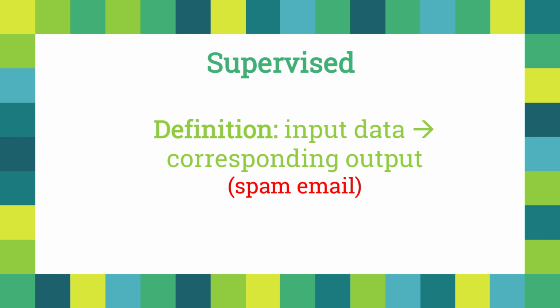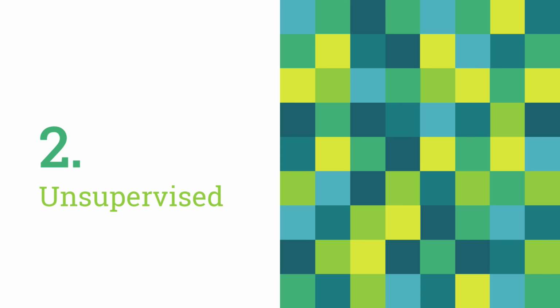Second type of learning is unsupervised learning. It is similar to supervised learning, however, the input data does not come with the corresponding output. So we approach the problem with little or no idea what our output is or how it should look like. So we build a model or solution based on the relationship among the variables in the data.